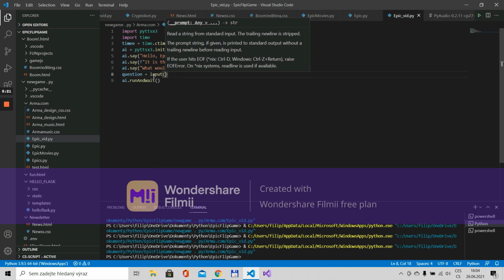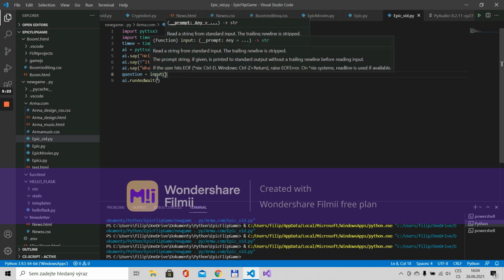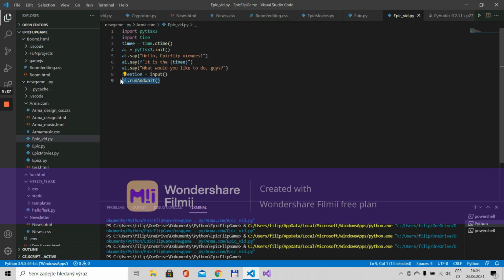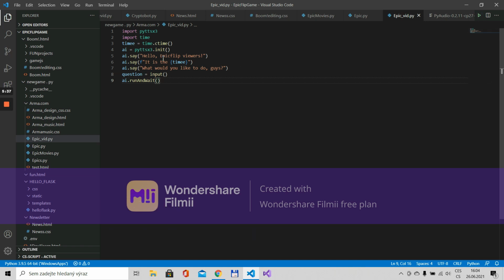And so now we actually get an input. Actually, we should put this before the input. So control C, control V. Now we can put